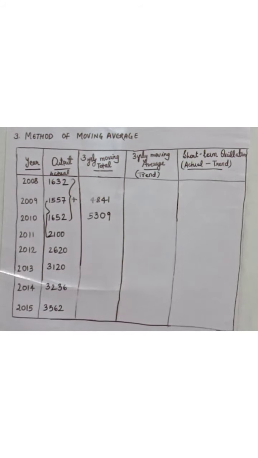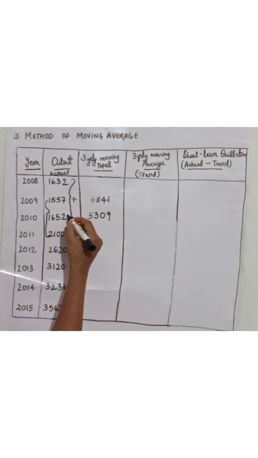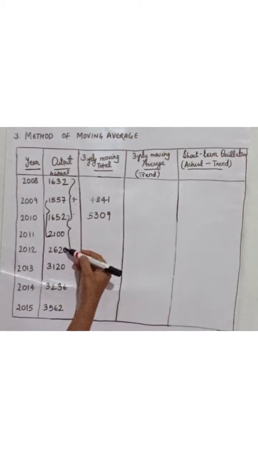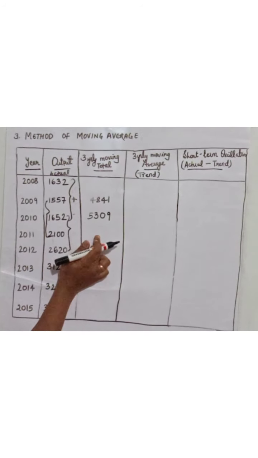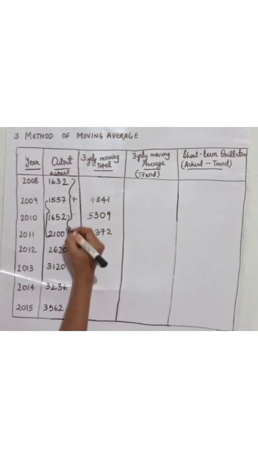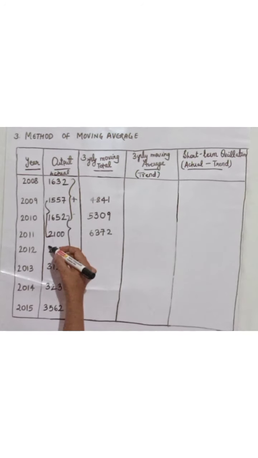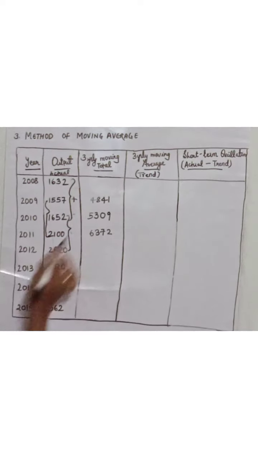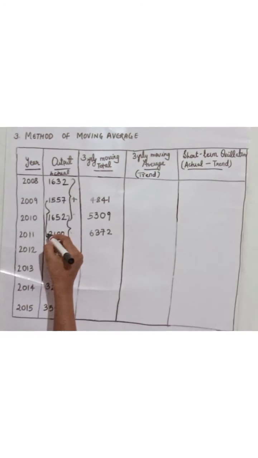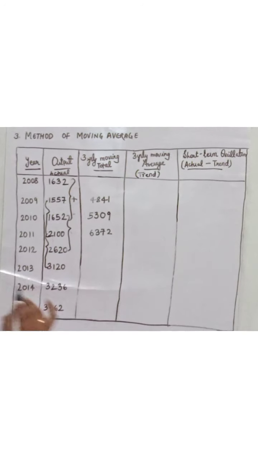Similarly, we are going to make another group. To make the next group, we take the previous group as reference. The first element of the previous group we do not need, and we make the new group starting from the second element, so it becomes 1, 2, 3. This is the new group, and this is my middle element. After adding, the result is written against the corresponding middle element. Again, for the next group, we take the previous group as reference, eliminate the first element, and it becomes 1, second element, third element.